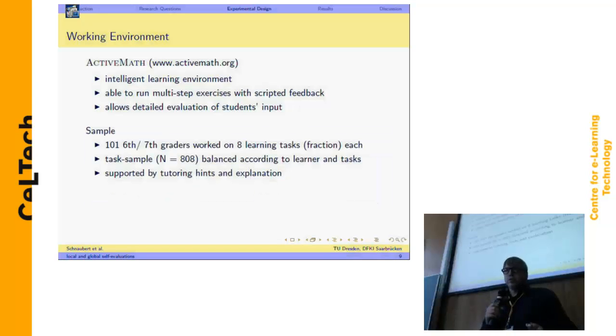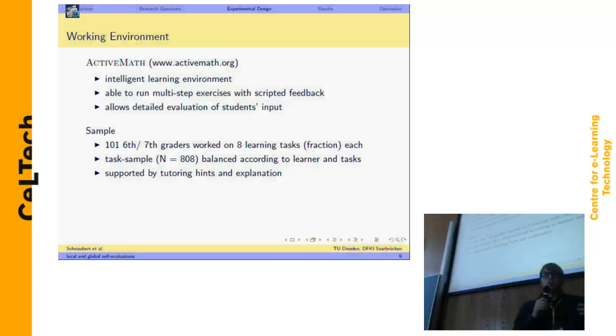So we exposed 101 students to this thing. They were invited to the University of Technology Dresden in groups of about 10 people, and they worked on 8 learning tasks on the system. And so we took a task sample that is balanced with regard to learner and tasks, which means that